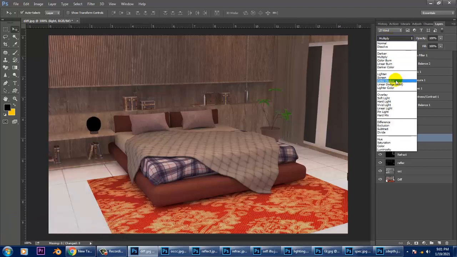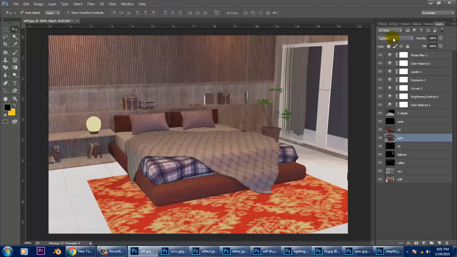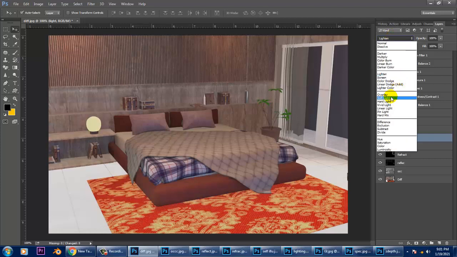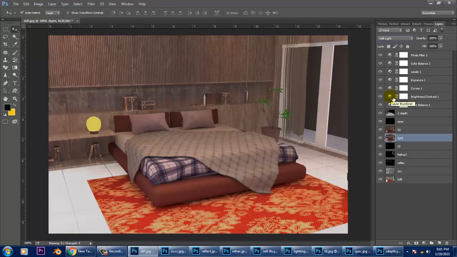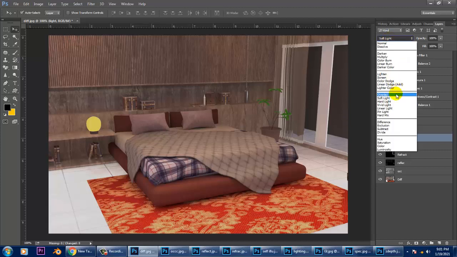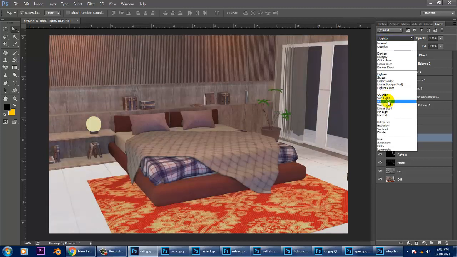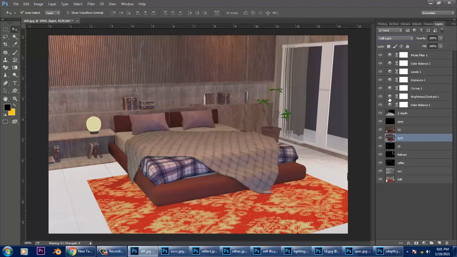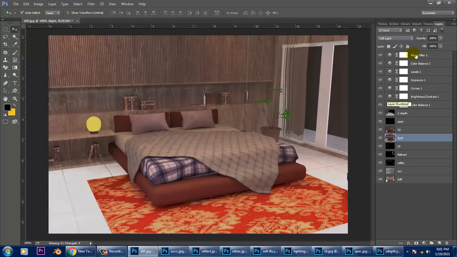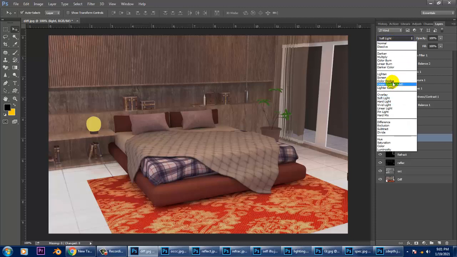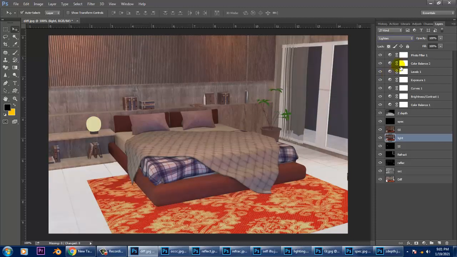Sorry, your lighten. So that's your lighten and soft light. You can see the difference. That's your soft light, and that's your lighten. I think we can go with soft light here.